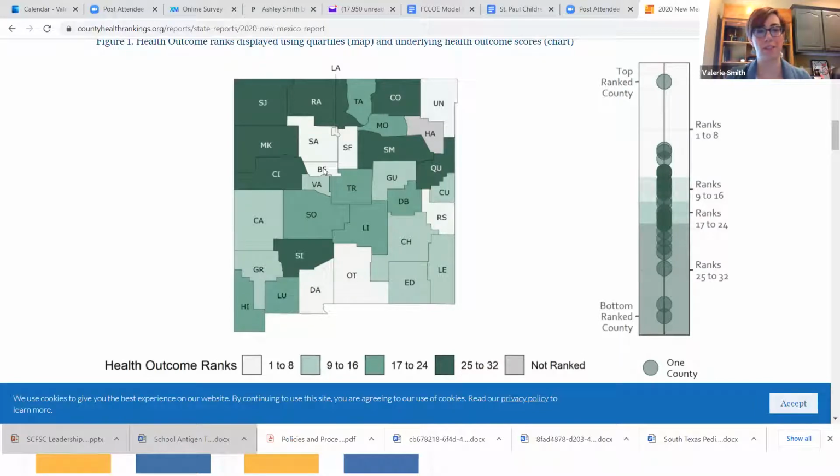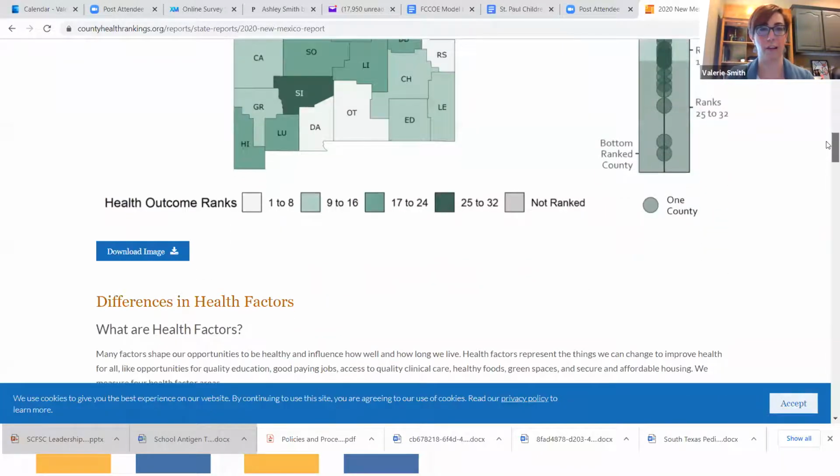So what that tells us, just looking generally, is that that's one of the healthiest counties in the state. So the County Health Rankings rank your counties within your state from 1 to whatever, right? So we've got 258 counties in Texas, I believe, but you guys don't have quite so many in New Mexico. So it's actually one of the healthiest, which probably doesn't surprise me in that there's probably a really good economic base there.